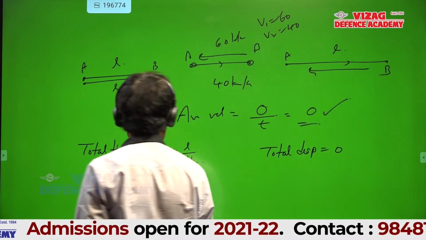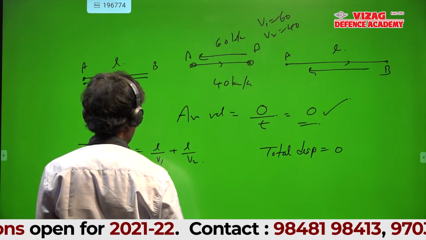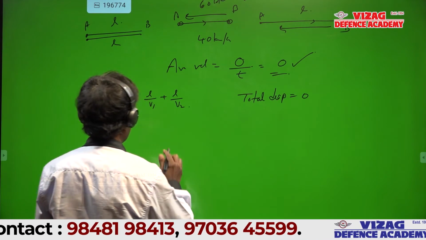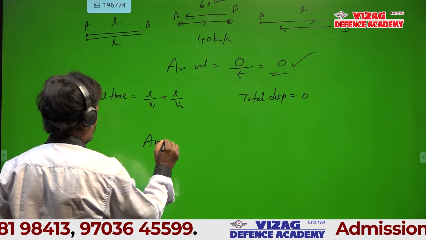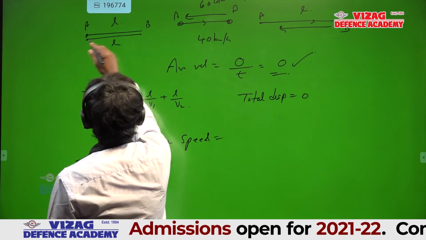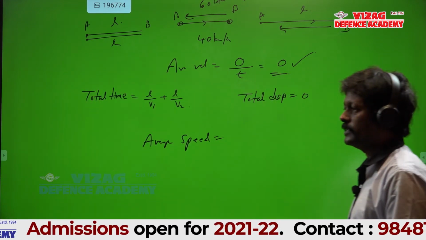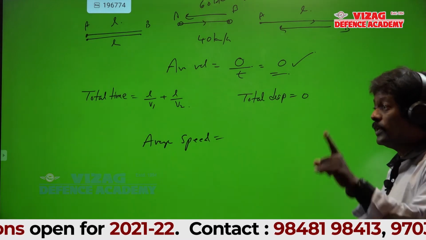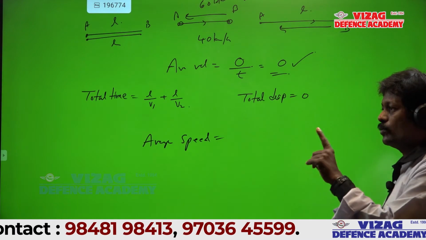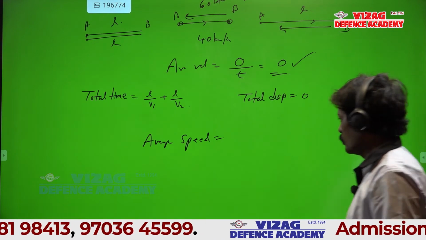Now, what is average speed? Average speed is total distance by total time taken. Can anyone tell me total distance? 2L. Displacement is 0, but total distance is not 0. It is 2L